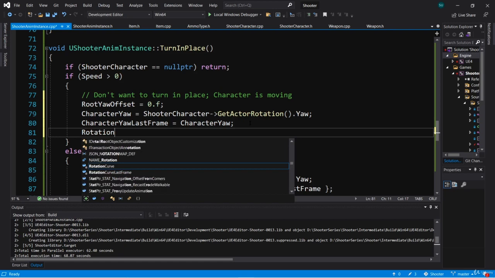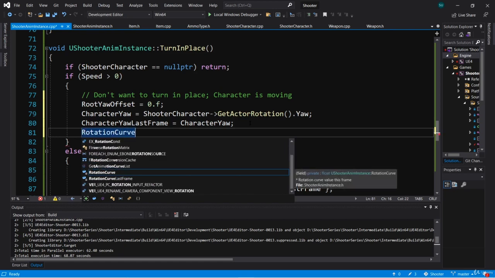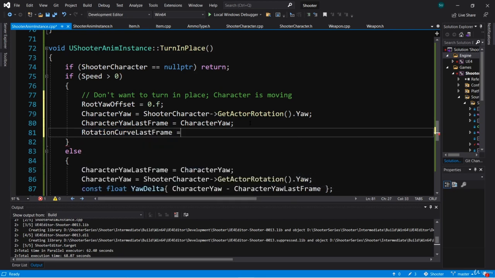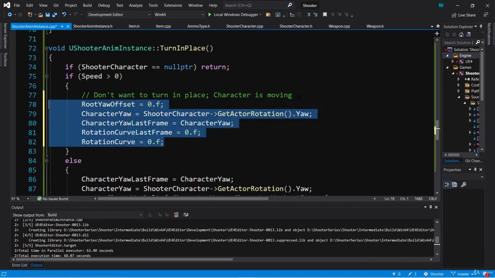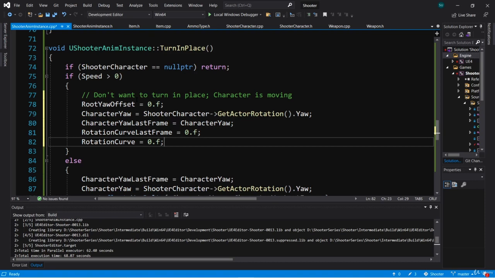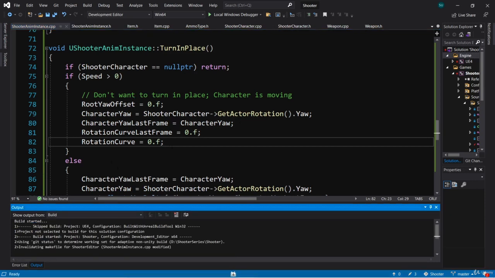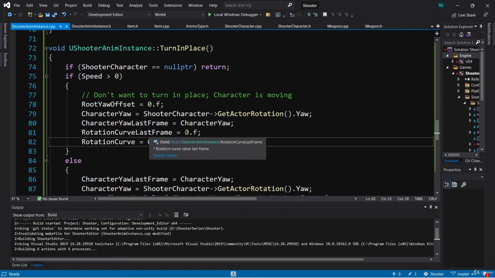So we're going to say rotation curve last frame equals 0 dot f, and rotation curve equals 0 dot f as well. So this will zero out everything when we're running, when we're actually moving. So go ahead and compile that, and while that's compiling,